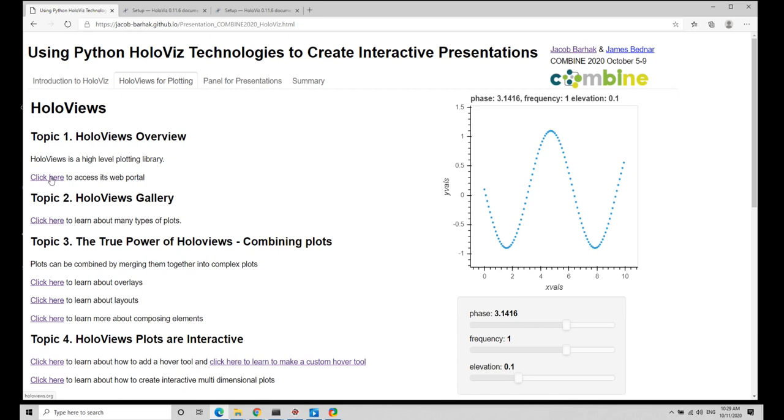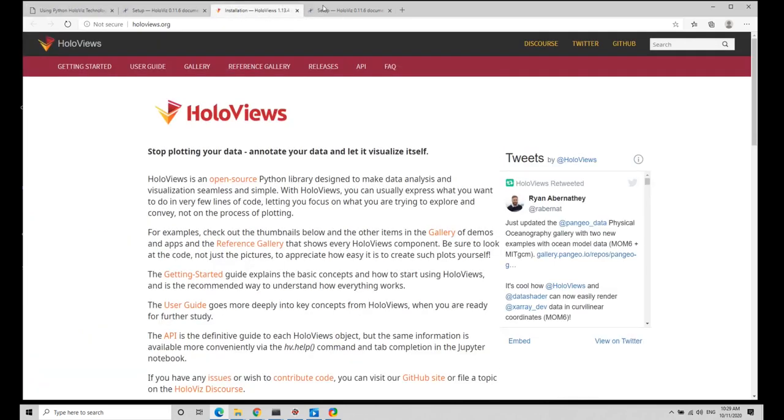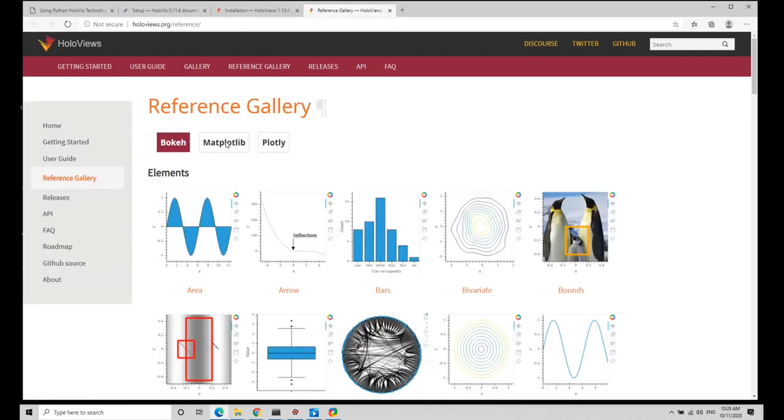Let's go and look at some of the HoloViews examples. So you'll get a gallery of things that you can show with HoloViews, and I'm going to just click on the reference library here. Notice in the reference library, they have multiple backends. So James showed you at the beginning the entire